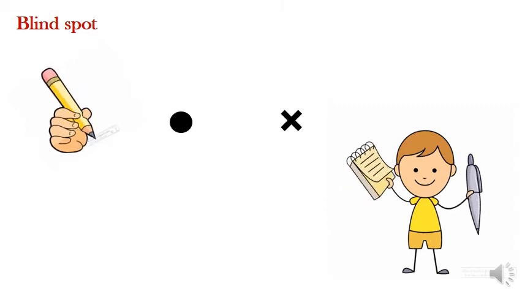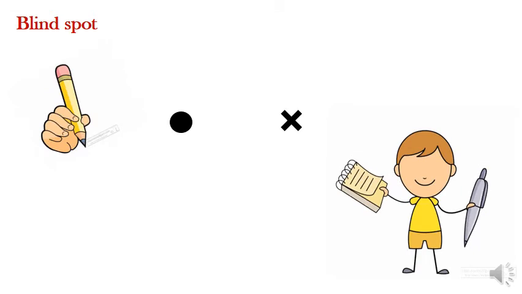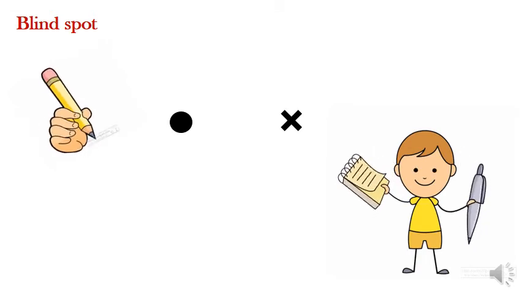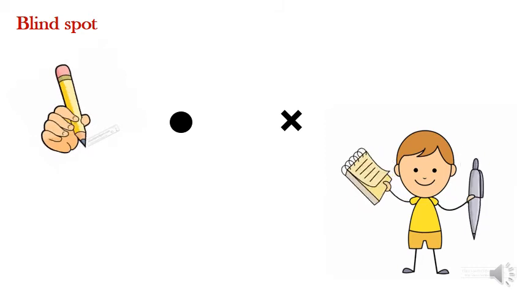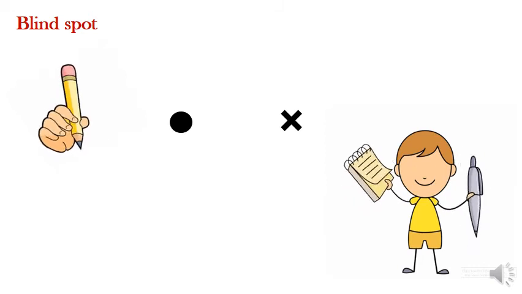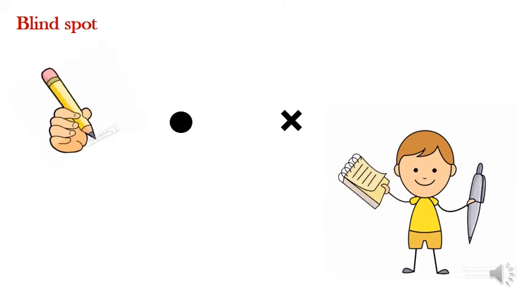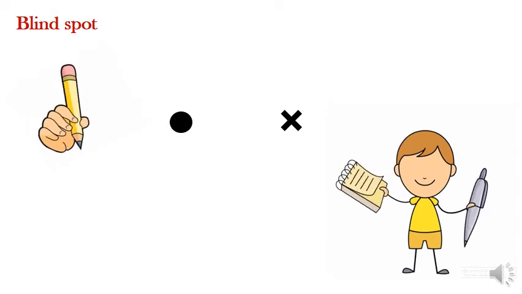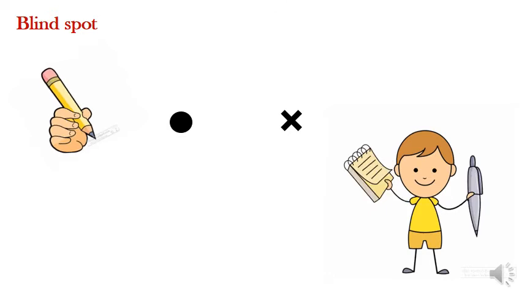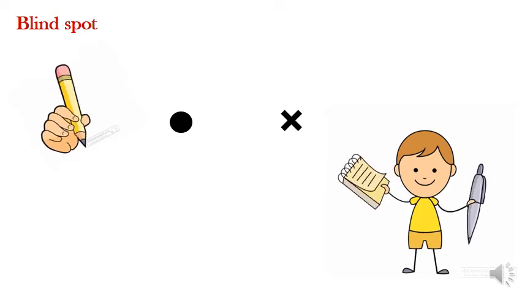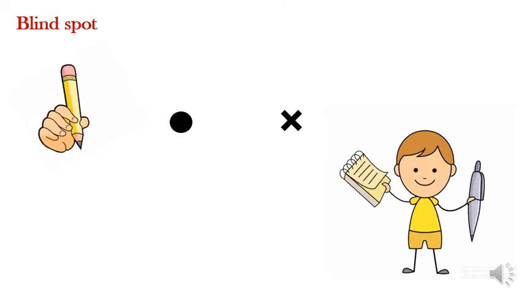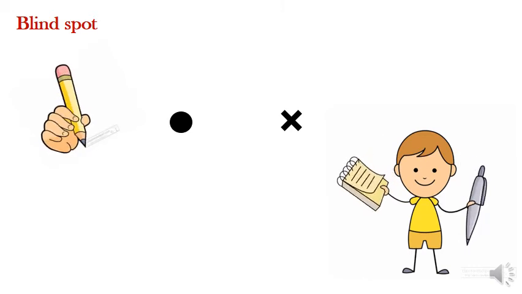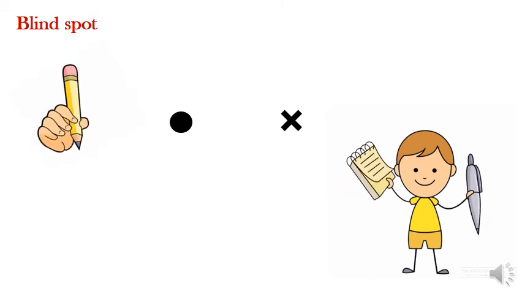Now let us hold a sheet of paper at an arm's length. Stretch your hand from the eye. Close your left eye. Look continuously at the cross. Move the sheet slowly towards you, keeping your eye on the cross only. What do you find now? Is cross disappearing? You have to answer. Okay, first perform this experiment.